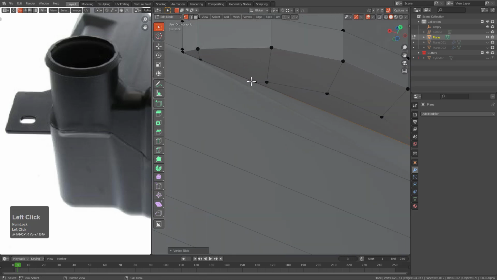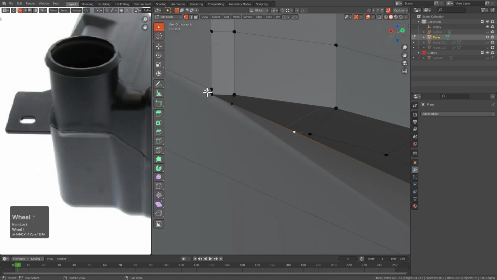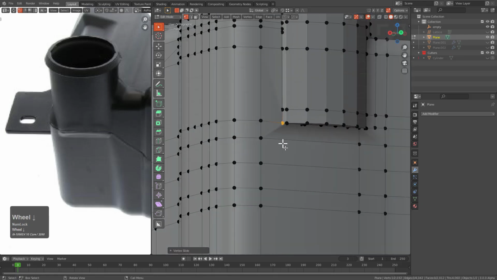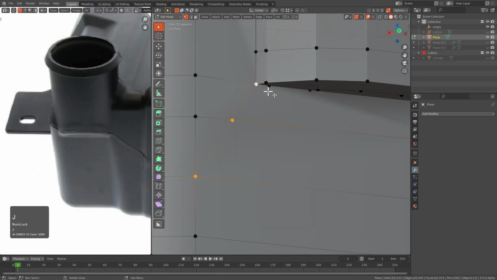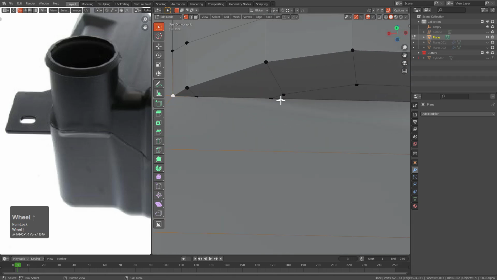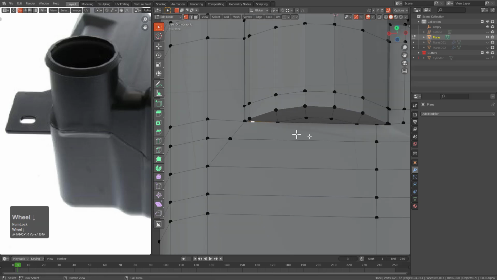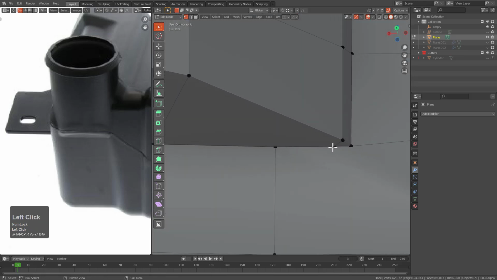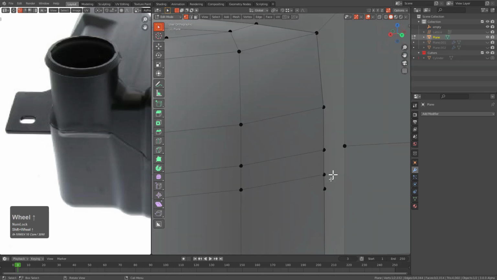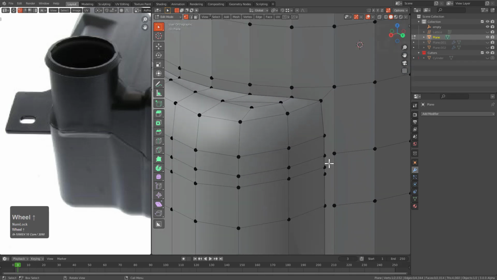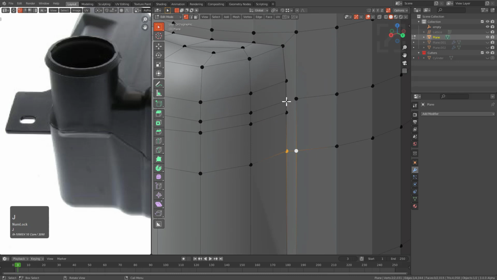We could have approached it with booleans and using inset, but I just didn't feel like going that route today. I felt like testing sub D, which ended up testing me. So let us continue just looking at these areas and thinking real hard. You know, always thinking. We'll press J to connect, J to connect, J to connect,